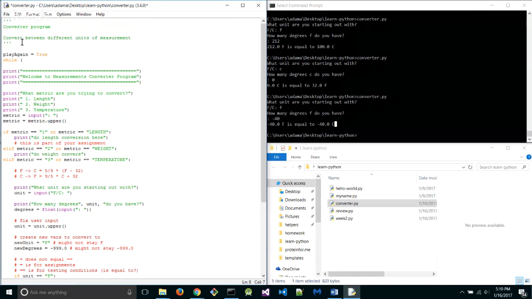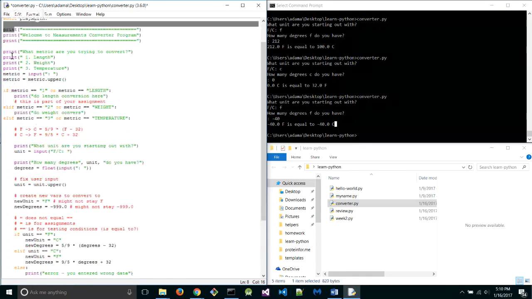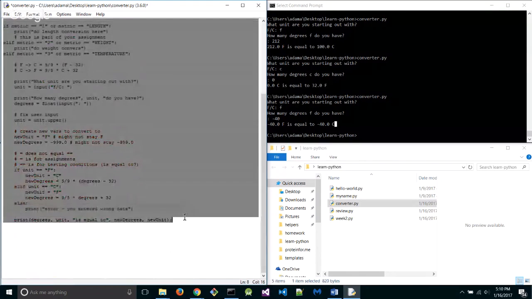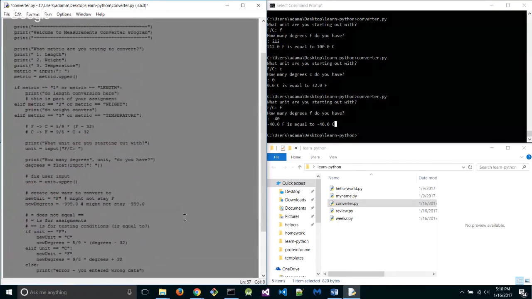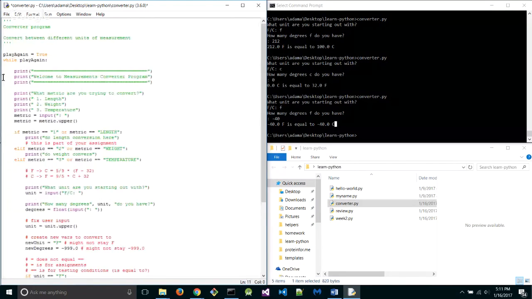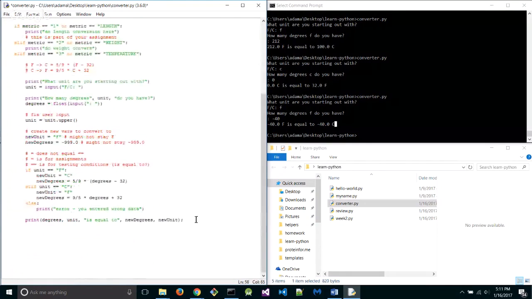So now, while play again, all of this code needs to stay inside of the while statement. So again, I'm going to highlight it all and press tab. Okay, so while this is true, keep playing again. Once you finish all this code,